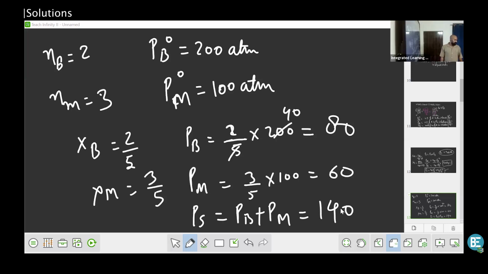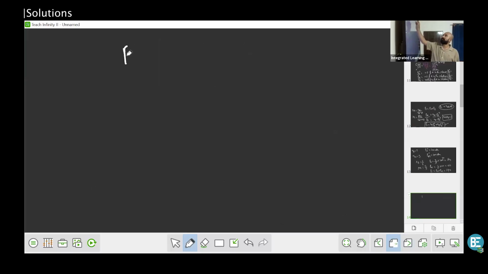Write down: the vapor pressure of certain pure liquid A is 40 atm. When a solution of non-volatile solute B is prepared in A,